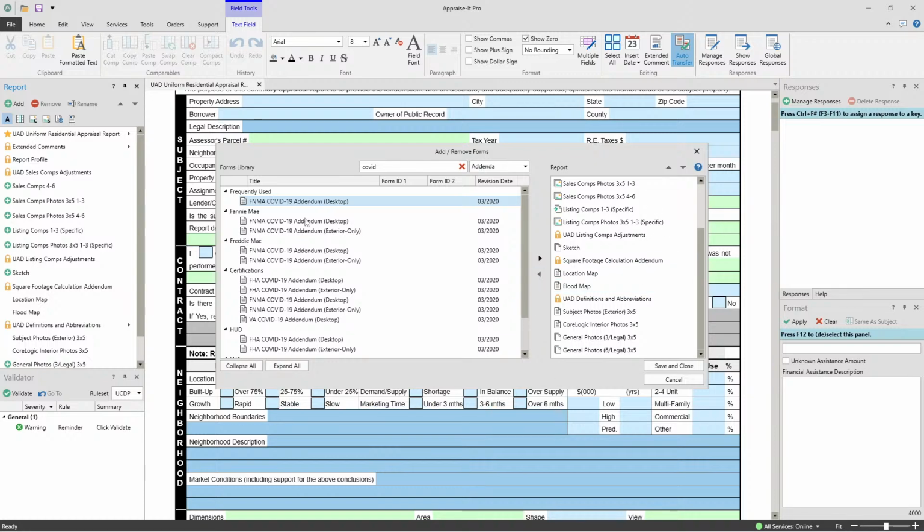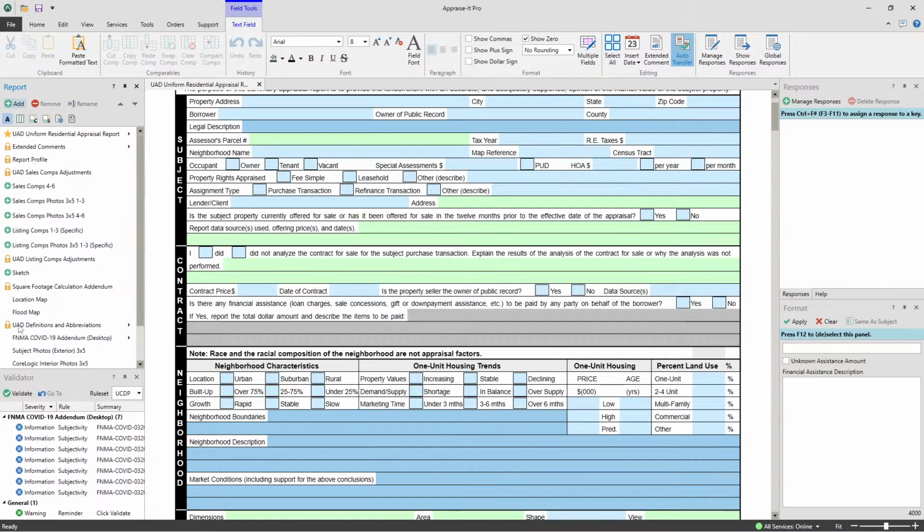What I recommend people do is figure out where you want to put it. Let's say I want to put it after the definitions and abbreviations in my report. I can click and hold and drag it over there. And I'm going to put it right there. And there we go. Now, this is not yet in the report until I hit save and close. So as soon as I hit save and close, it's dropped it in there, and there it is, the COVID-19